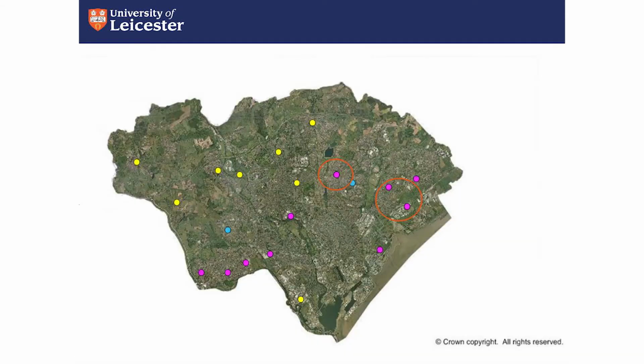This is an example. I'll just talk very briefly about this. I give this as a problem for my undergraduate students. This is a map of a British city. The dots are the secondary schools. And I give them a lot of information on these schools in terms of exam results, pupil composition, type of school. And they have to characterise the schools, and they have to decide which are the most advantaged and which are the least advantaged schools, however they want to define it. And basically, I've taken this slide from a discussion that I gave to them a few weeks ago.